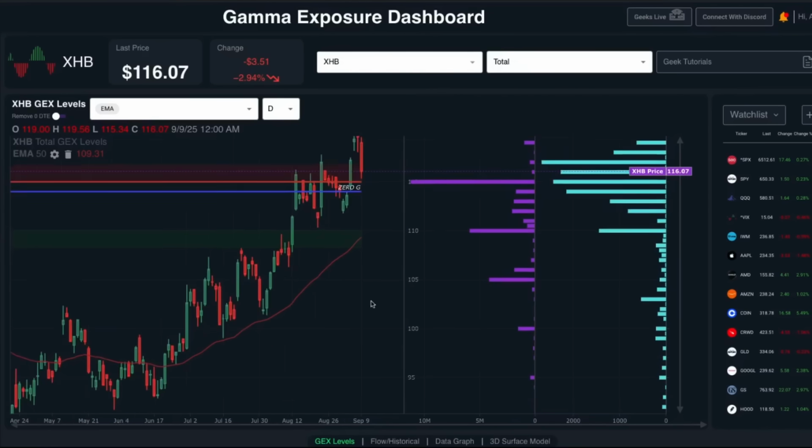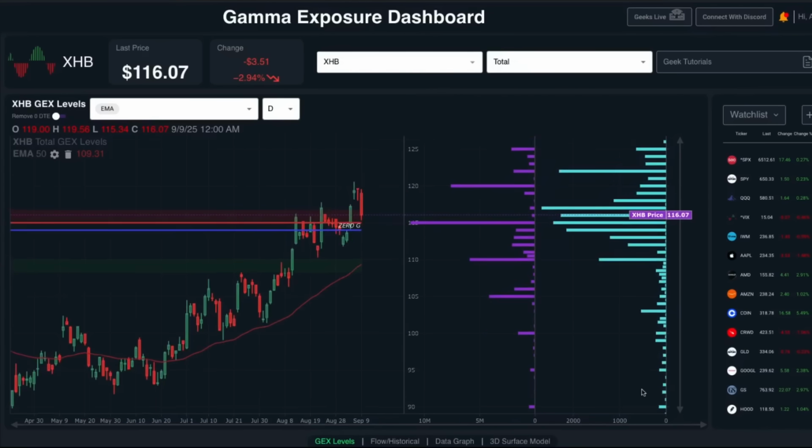And so after the big move today to the downside, we think this is starting to get interesting again down here below 115, especially if we get any kind of further downside into the 114 to 115 area. That's something that we're going to look to re-enter this weekly income strategy, which basically does very well in neutral to uptrending markets. And so with all the gamma exposure at 115 and 120, we're looking to reinitiate this strategy